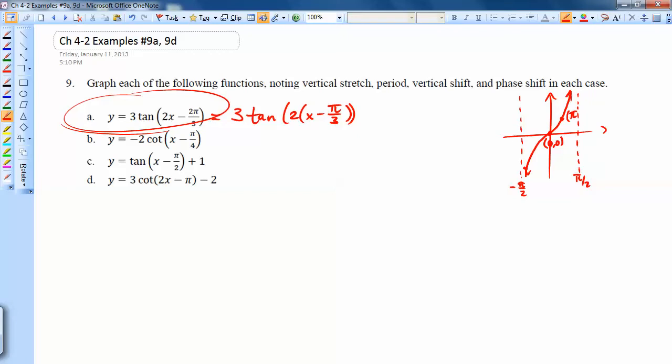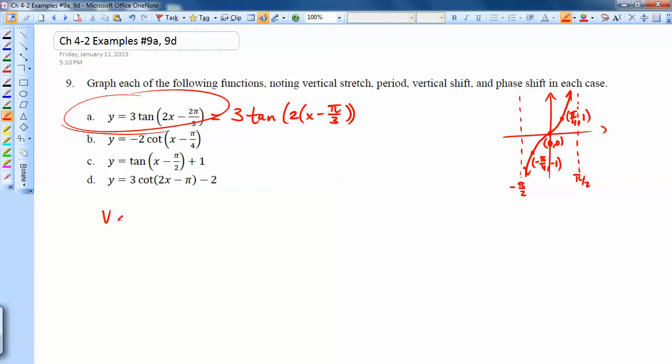when theta is pi over 4, x is pi over 4, then tangent of that is 1. So the slope is 1 on that unit circle. And negative pi over 4, negative 1. So these are our 3 most important points, and then those would be the ones that would get shifted around and everything. So when I'm trying to graph 3 tan 2 parentheses x minus pi over 3, let's work our